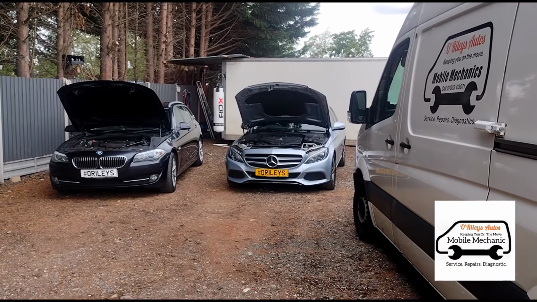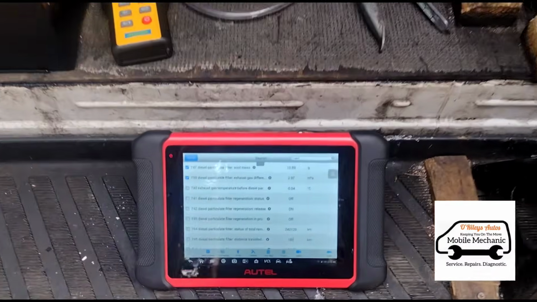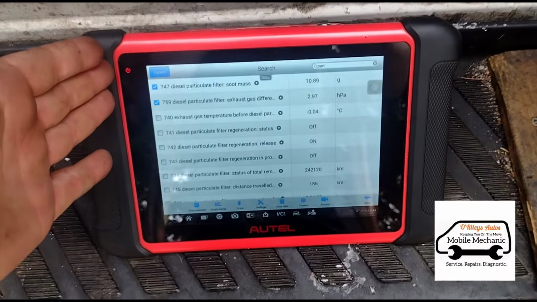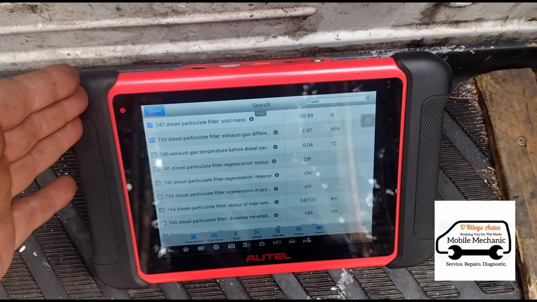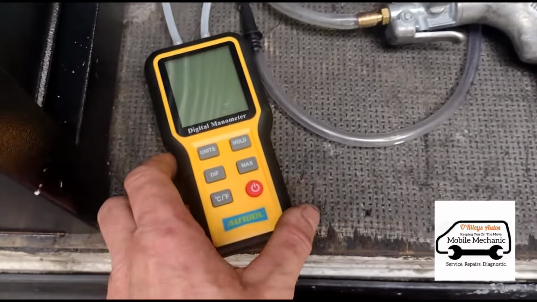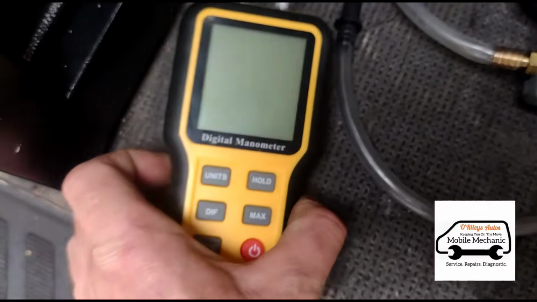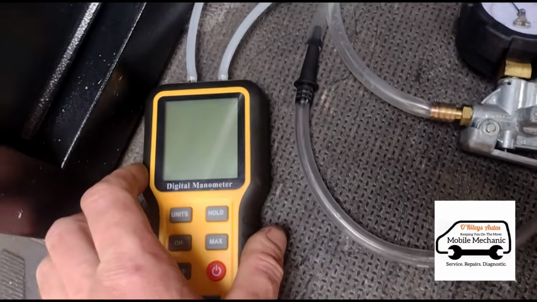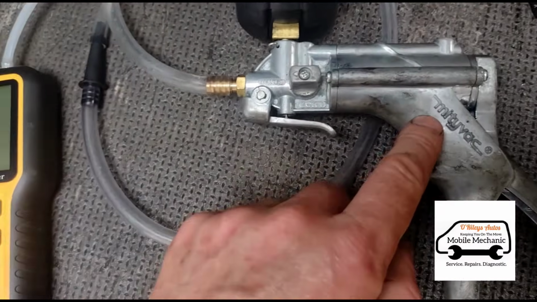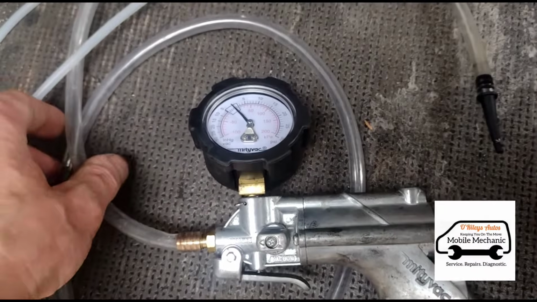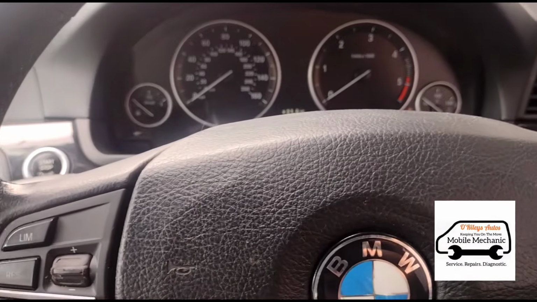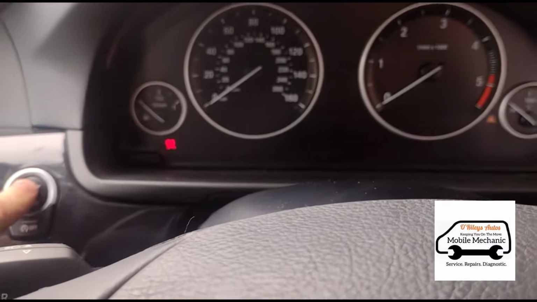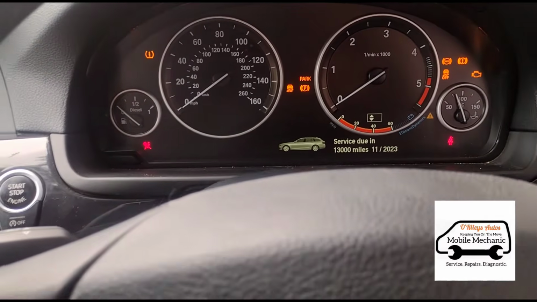Mercedes C-Class. A couple of the tools that we'd use: a diagnostic system, this one is an Autel MK906BT model, and I've got an Autool digital manometer here. This can test the pressure, and I've got a Medivac pressure gauge or pressure tester. The first thing you'd normally do with any car is obviously switch the ignition on and get your diagnostic